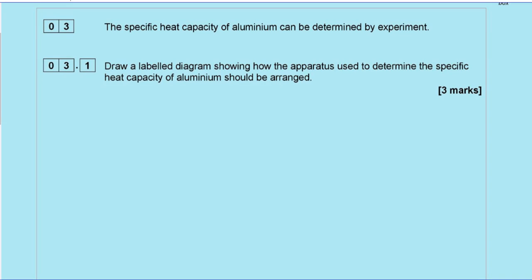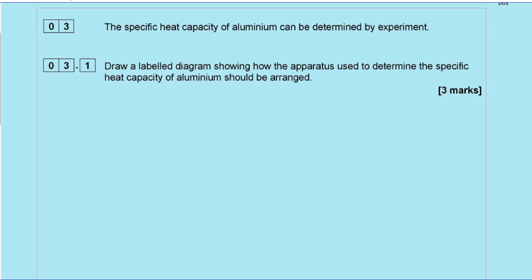So question 3 is a required practical question. This is one of the practicals that you could be asked questions about in your exam, and here is an example of that working. In this specific case, we're looking at the specific heat capacity of aluminium, and first of all we've got